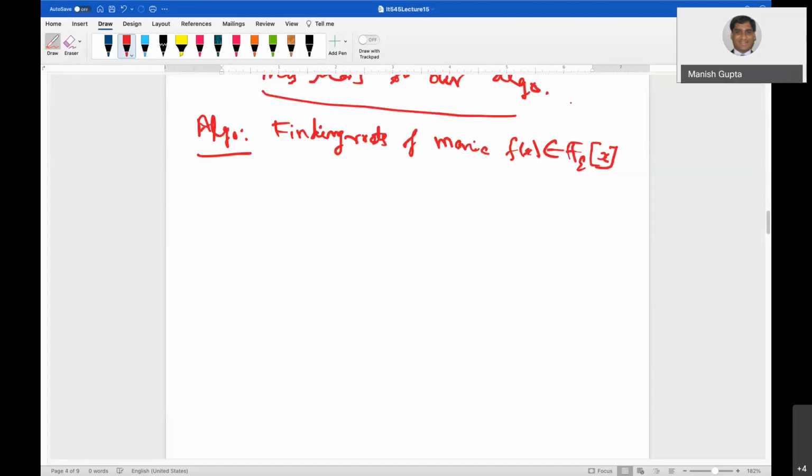Remember, this algorithm works only if q is odd. We require some modifications because for q equal to 2, the factorization of x raised to q minus x is not possible the way we have done. So then we need to adopt something else. So for this q odd, our assumption is